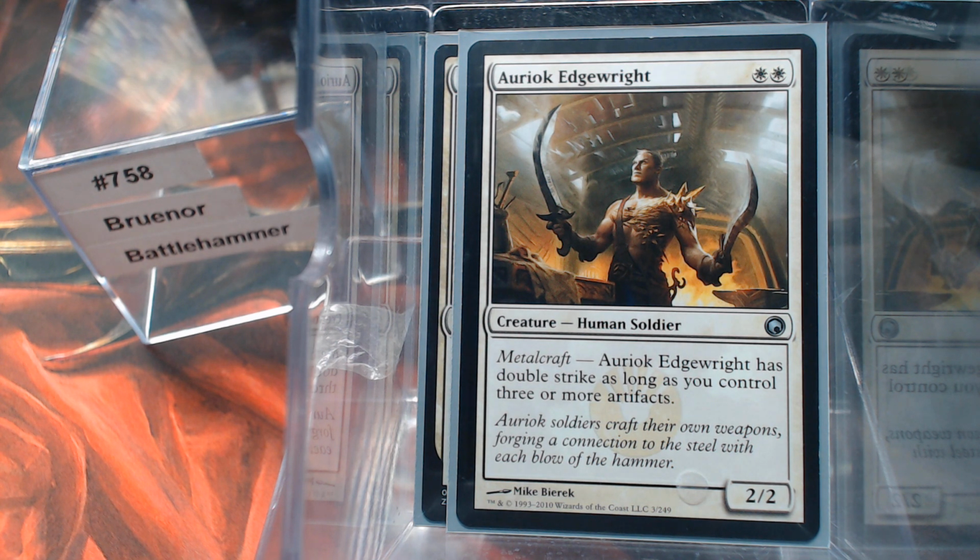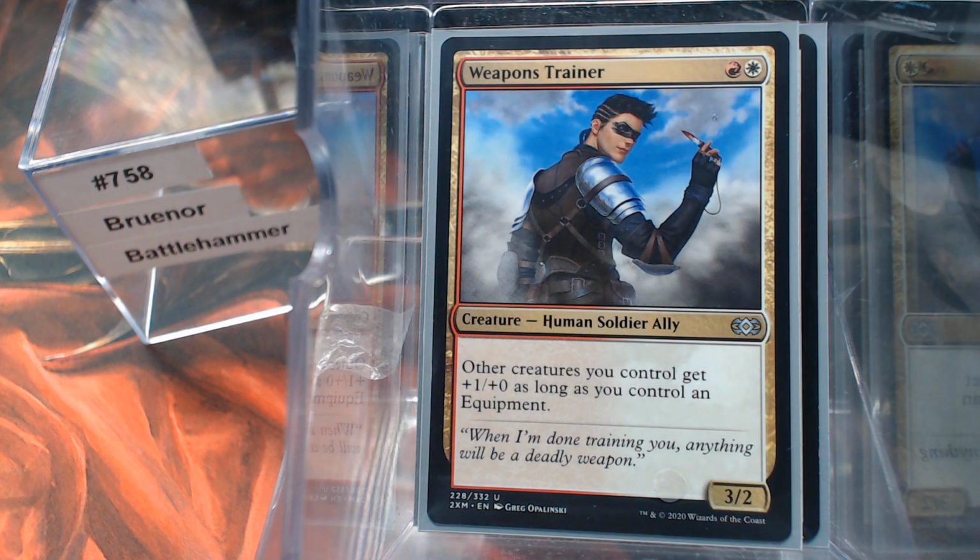Now there are quite a few white equipment cards. You know, the Pure Steel Paladin's amazing, but I've already used my last one. If you've got Swords of X and Y, those are all awesome. You won't find them here because I don't have them. But Double Strike, we're going to have Metalcraft. Weapons Trainer. Other creatures get +1 as long as you control an equipment. That's a